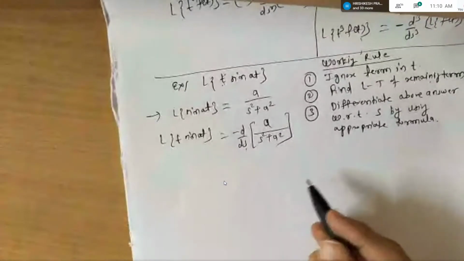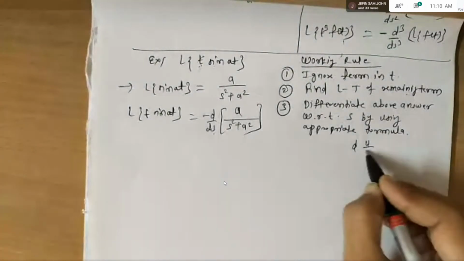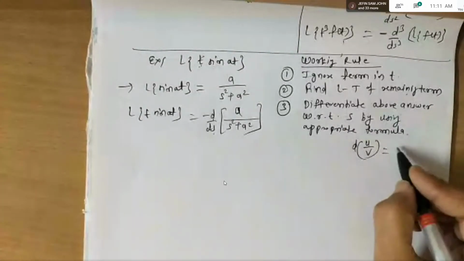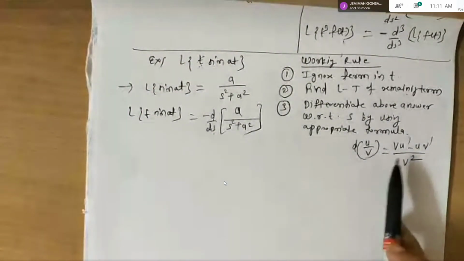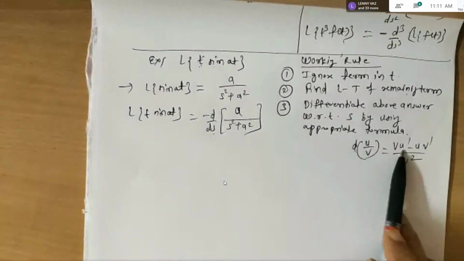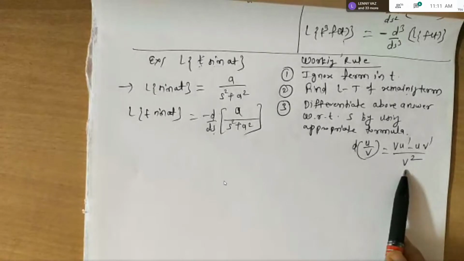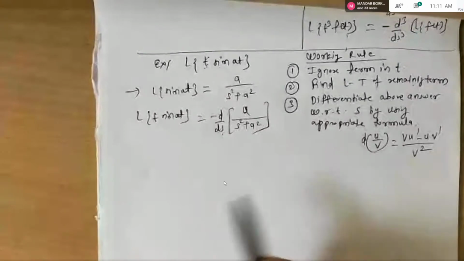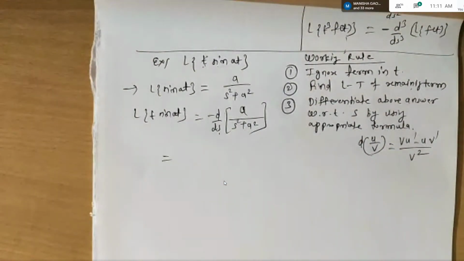And now this derivative is your normal derivative. Do you remember the u by v formula? Derivative of u by v is v u dash minus u v dash upon v square. Denominator into derivative of numerator minus numerator into derivative of denominator, whole thing upon denominator square. So the same u by v formula we are going to apply here. Ma'am, but the numerator is a constant, right? Yes, so you can do it directly also. No problem. Okay.